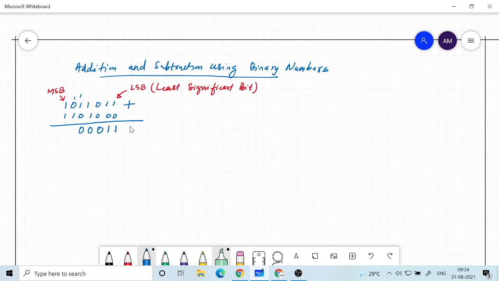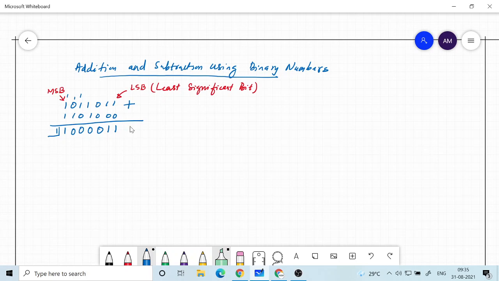Again you have 1 plus 1, that is 0 with a carry here, and then we have 1 plus 1 plus 1. So that is 3, and 3 in binary is 1 1. So you have a carry here finally. So this is the final carry, and altogether that is the result. That's exactly the same way we do it in decimal, and you can check the corresponding decimal number and see whether the answer is correct or not.